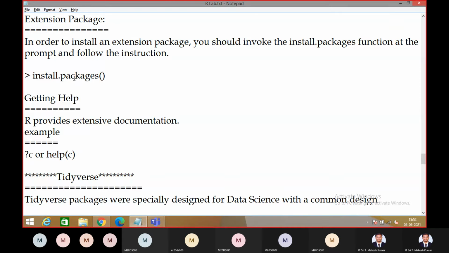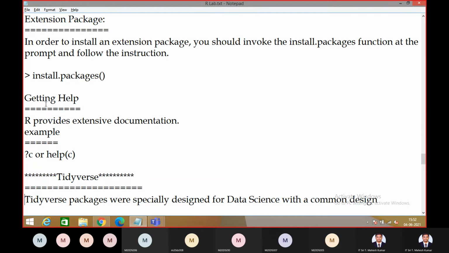By using this function, you can directly install the packages you want to use. Why? Because if you want to visualize the data, we have some package. If you want to analyze the data, we have one package, I mean one library we have to use. In order to use all those things, you need to install those packages, and to install them we use this function. And one more very important thing.